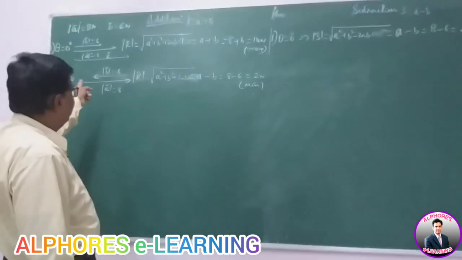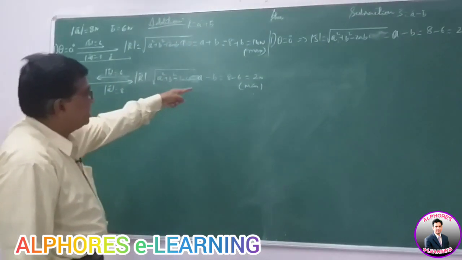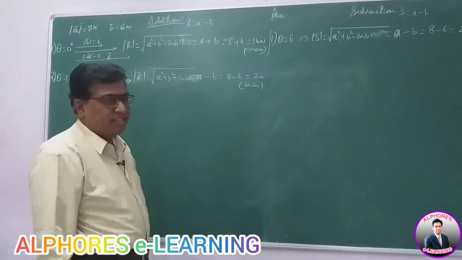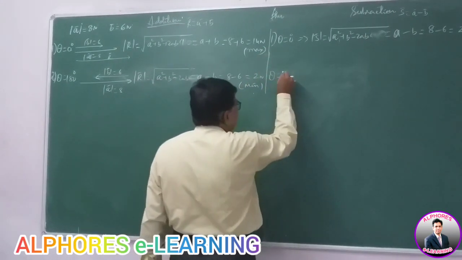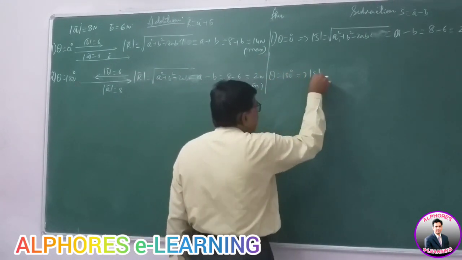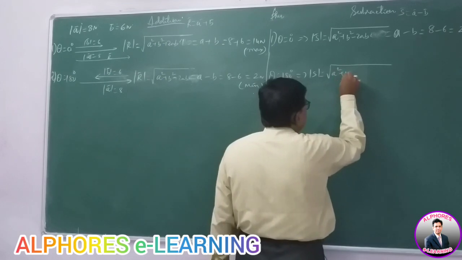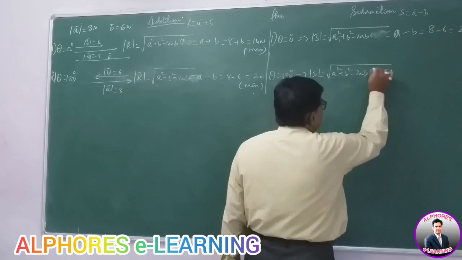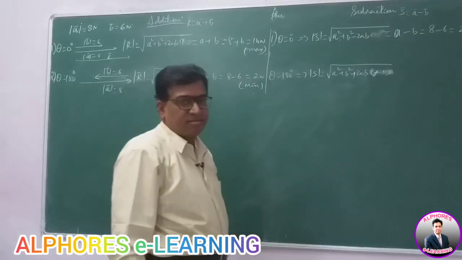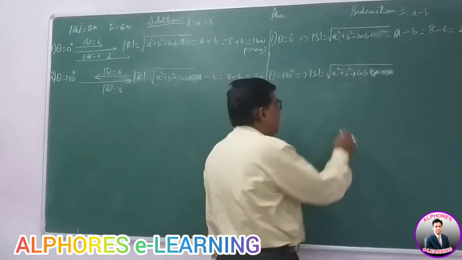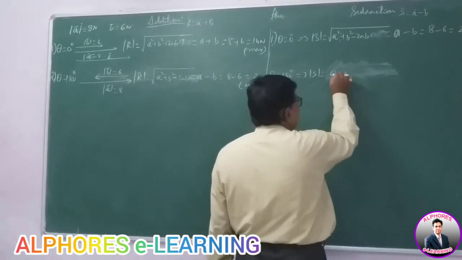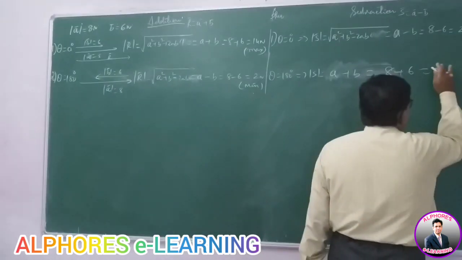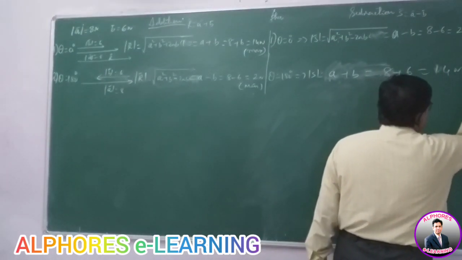You see, when theta is 180, the magnitude of the resultant is the same as that of the subtraction of vectors when theta is 0. So here also, if theta is 180 degrees, then mod S, we know the formula is A square plus B square minus 2AB cos 180. You know cos 180 is minus 1, minus times minus is plus. So it's A square plus B square plus 2AB. So it is A plus B, that is 8 plus 6, it is 14 Newton, that is maximum.